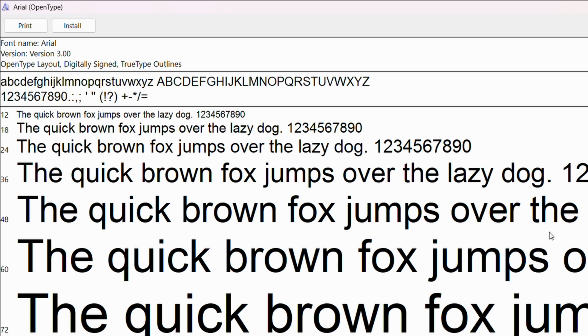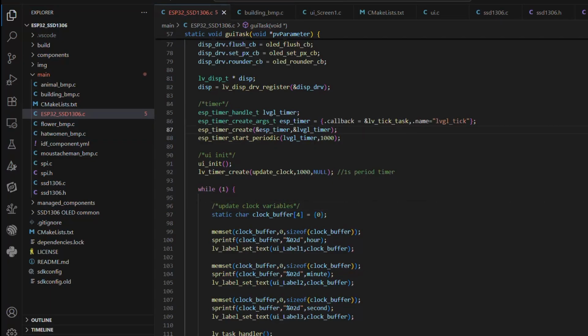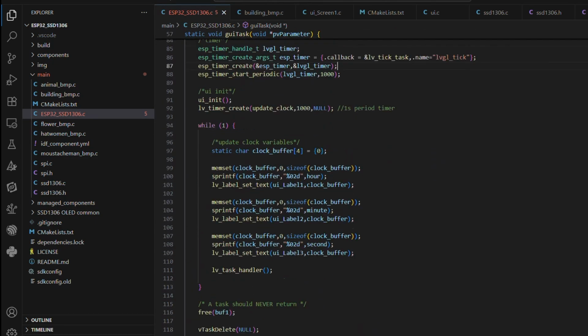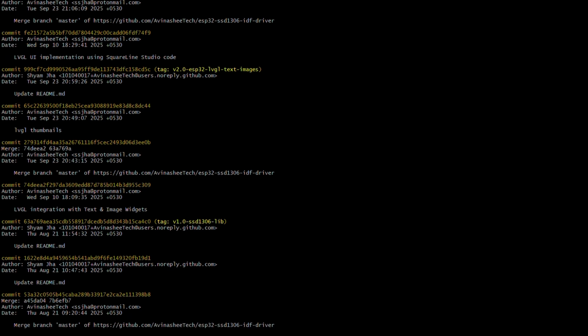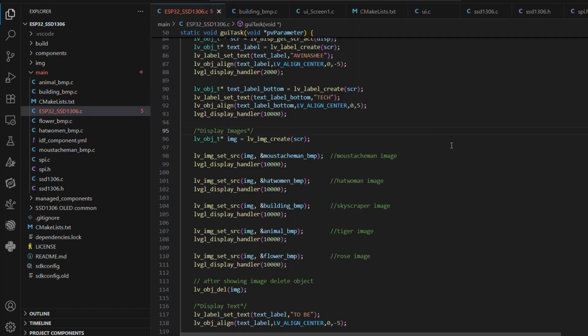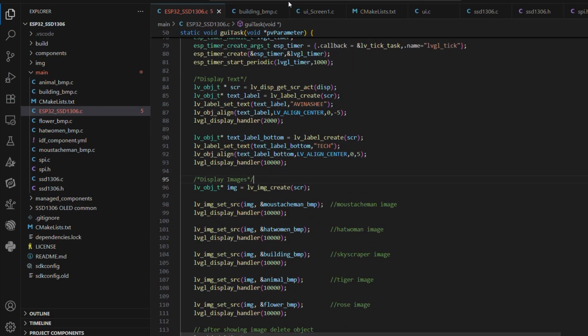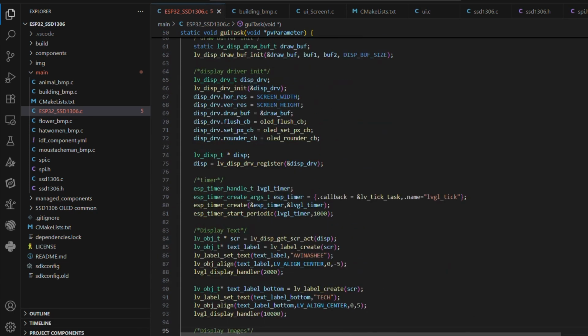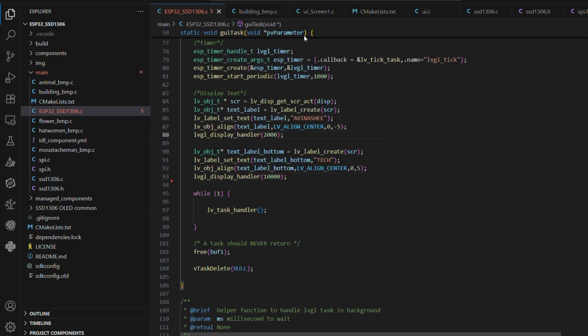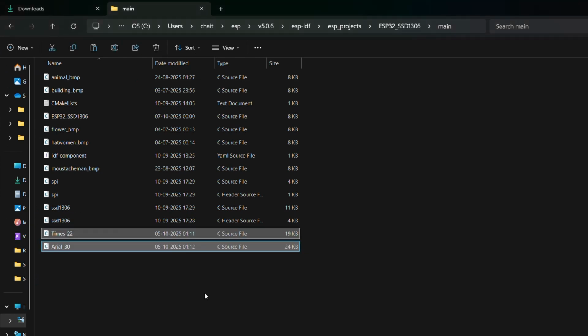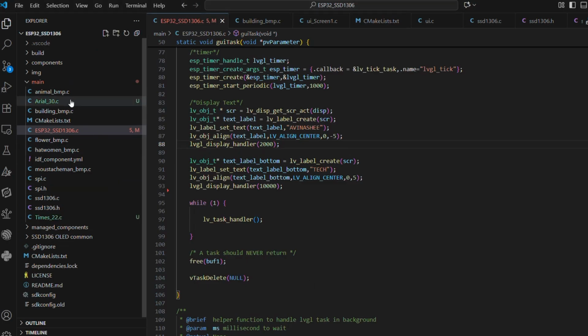Once we have our font files, let's move to the ESP32 project in VS Code. Well, you can replicate this in the STM32Cube IDE as well, but for this video's sake, I will just go ahead with the ESP32 project. If you want a refresher on how we set up LVGL on ESP32, you can find the video linked in the top right corner. Now, let's add the generated font files into our project folder and open one of them.